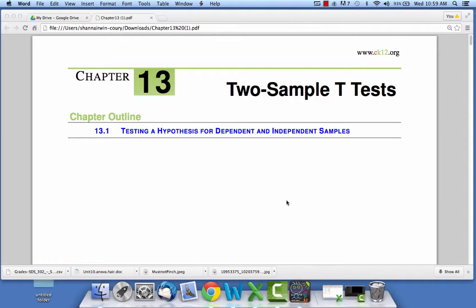If you're married to someone, you have a tendency to end up eating and drinking the same things a lot of the time, so that may make you more likely to like Dr. Pepper. But I know of couples where one of them's Dr. Pepper and one of them's Coke. So that kind of thing is called a dependent two sample t-test